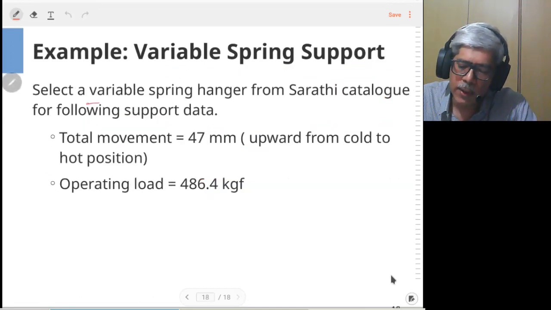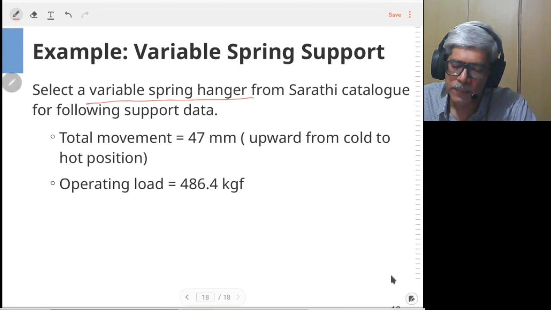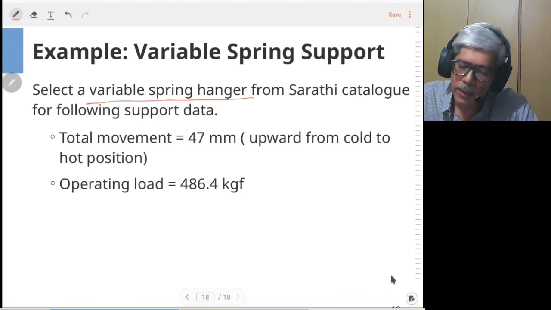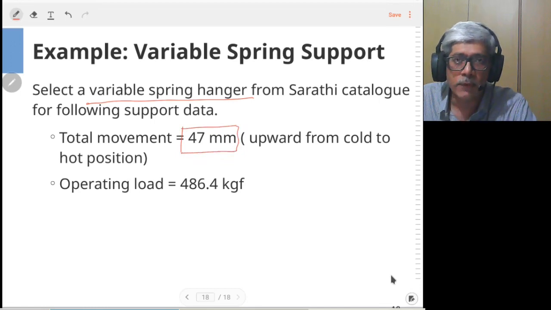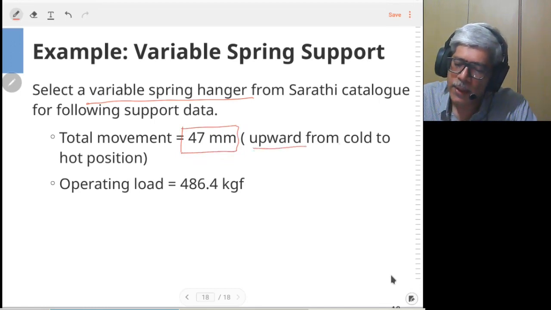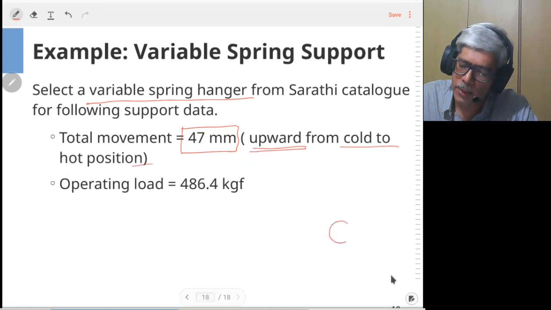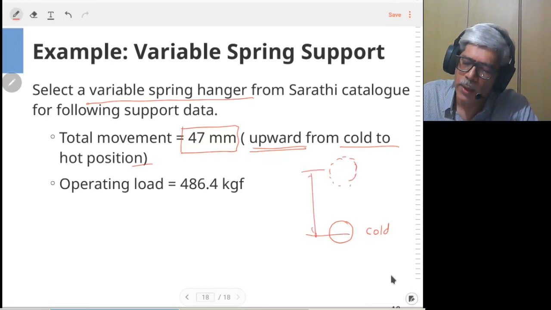So let's say we have to select a variable spring hanger, and the total movement given to us is 47 millimeters, and it is in upward direction from cold to hot condition. So in the cold condition our pipeline is here, and in the hot condition the pipeline is moving up by 47 millimeters.